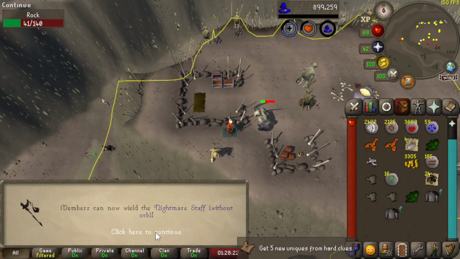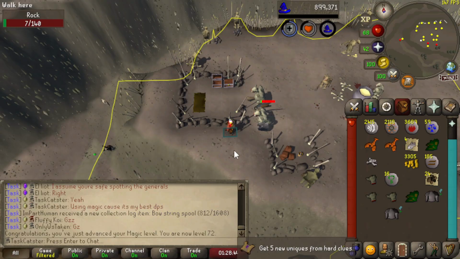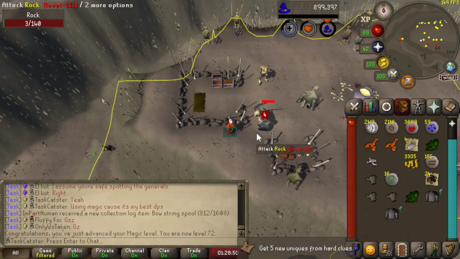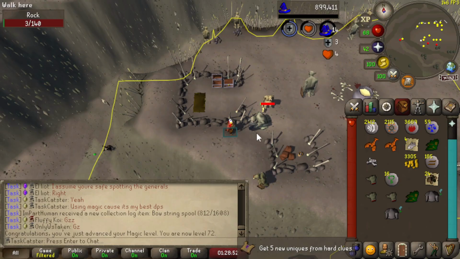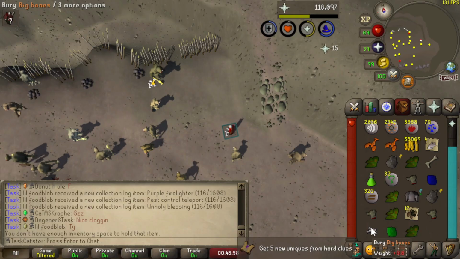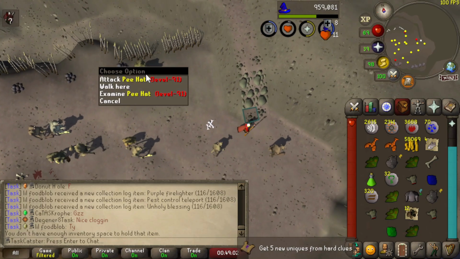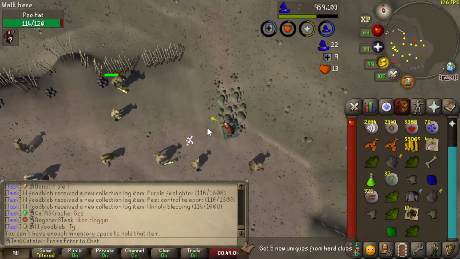72 magic. Ooh, it's rough. I've been doing this for about 8 hours now today. I was really hoping to do some clue scrolls, but I don't think that's going to happen today. We are a bit over 3 times the drop rate on the adamant square shield, so...